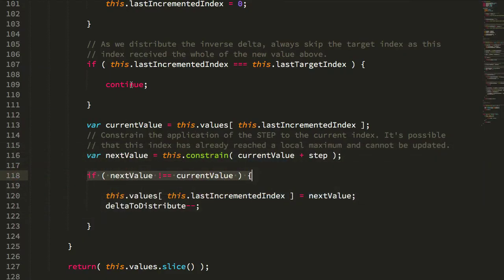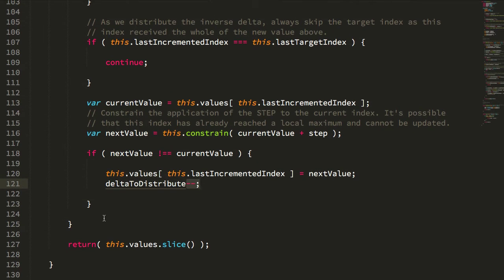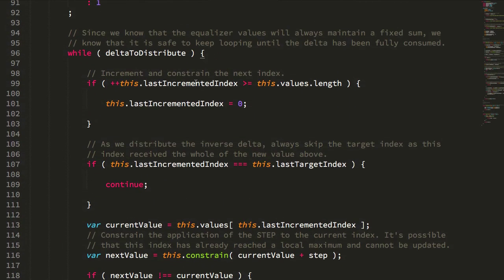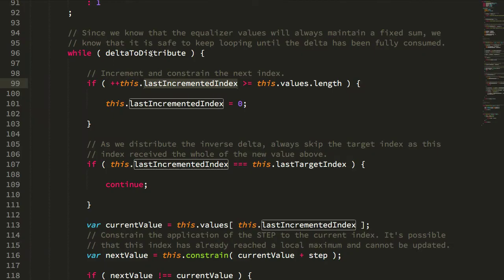So essentially what this does is it sees if it can apply it to the current index. If it does, it sets it on the current index, then it decrements that delta to distribute, and then it loops again. And again, we're incrementing the last index there. So that essentially, again, whenever I change good, it checks to see if it can apply it to fast. If so, do it. Then can I apply it to cheap? And then round and round and round until the entirety of this delta to distribute has been moved to the other